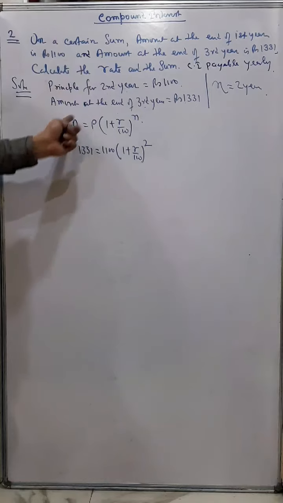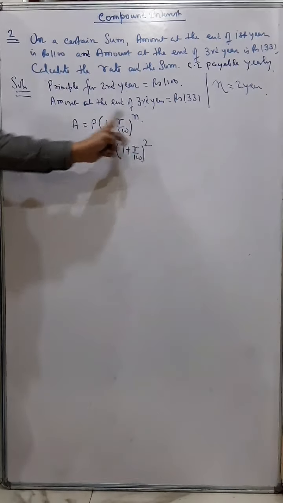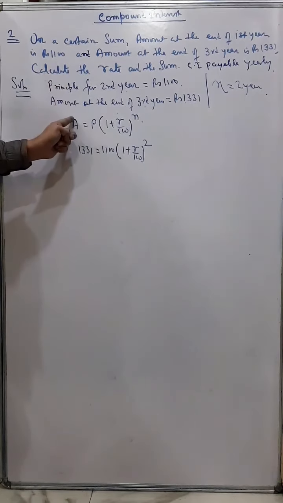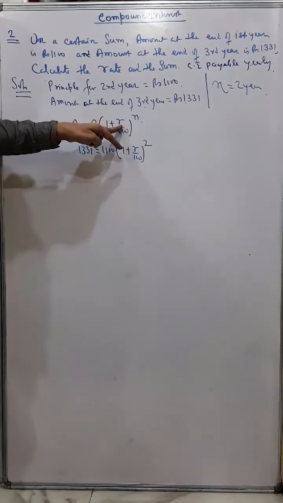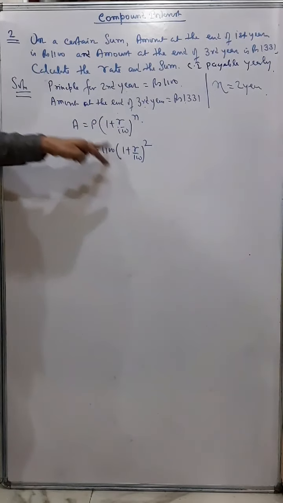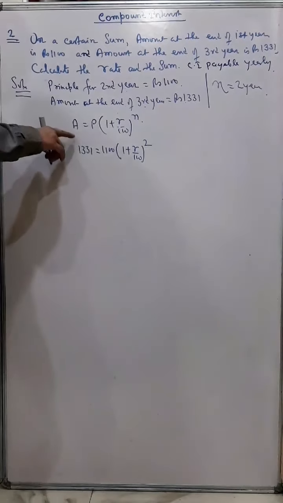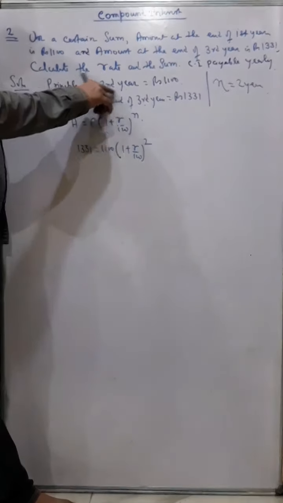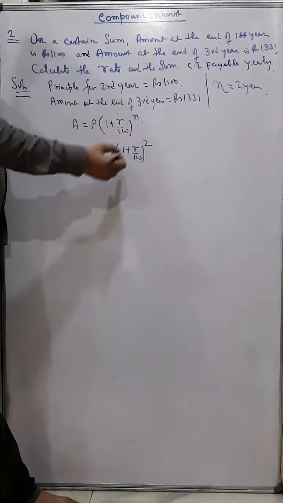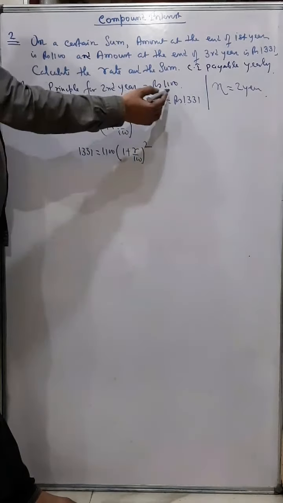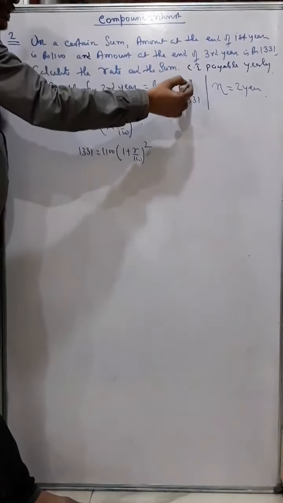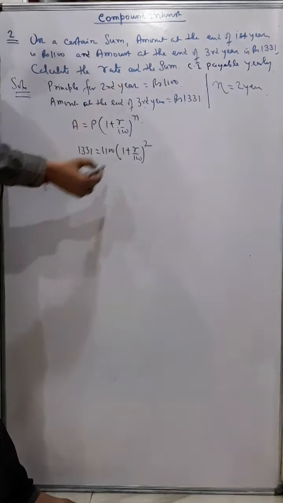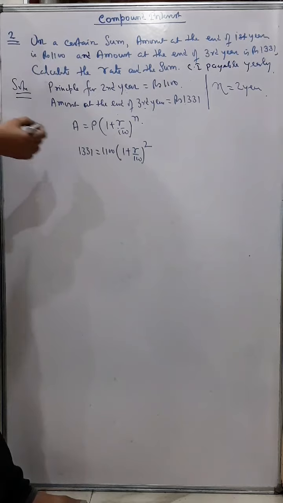So again we will use this formula. In place of amount we will put this, in place of time we will put 1, in place of rate we can put R, and we will get P. So in this case, what we have done, you understood: the principal for the second year is 1100, so we put it here as principal, and the amount is this, we put the amount here, and the time span from this to this is 2 years, so the time is 2, understand?